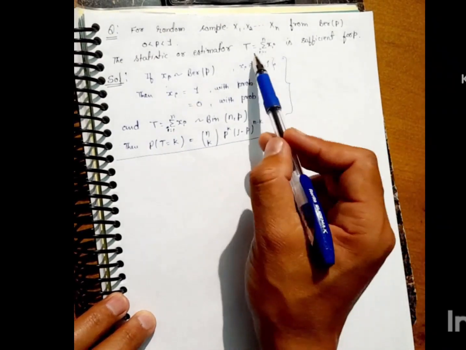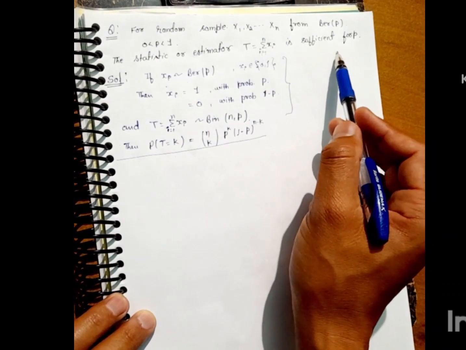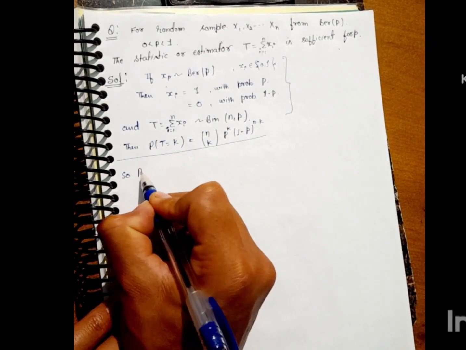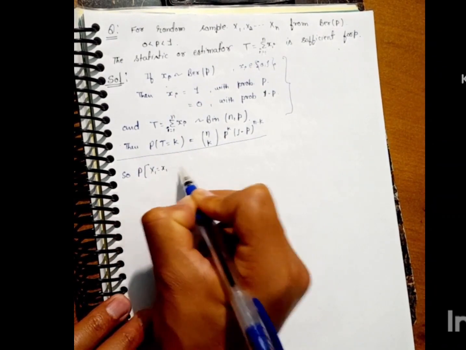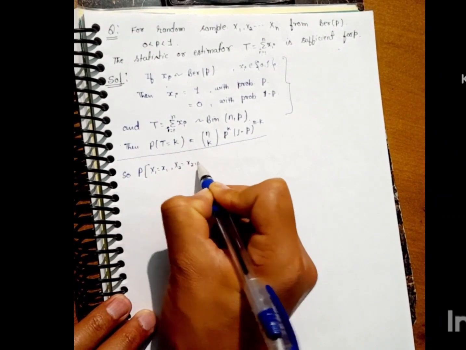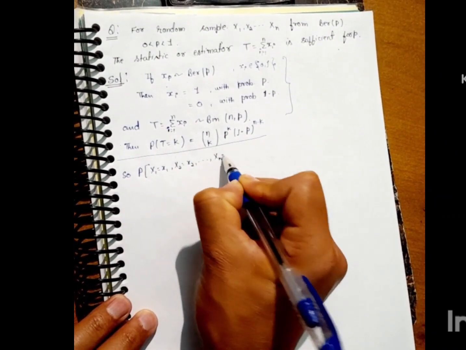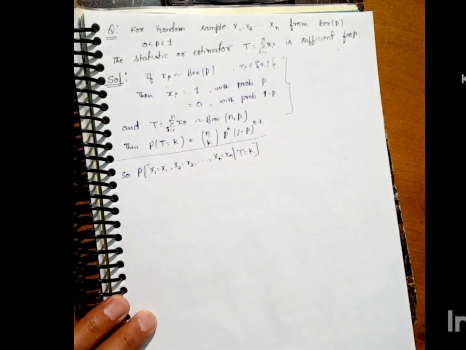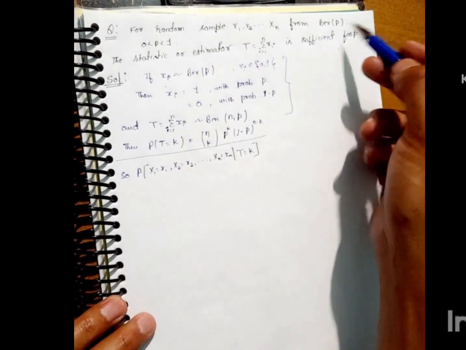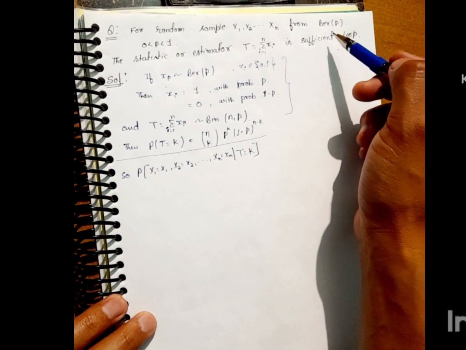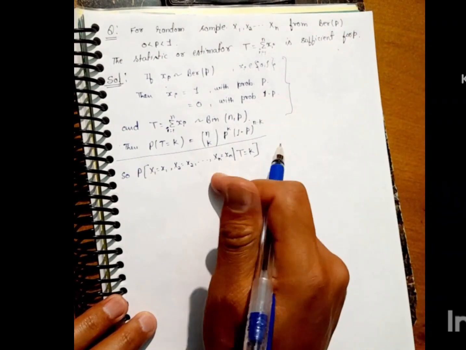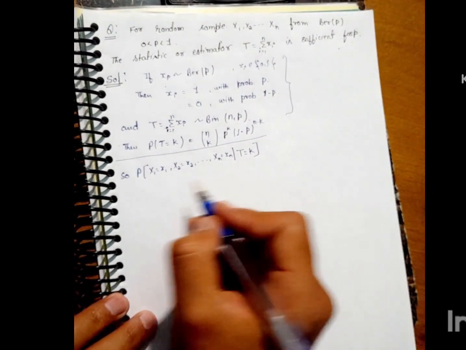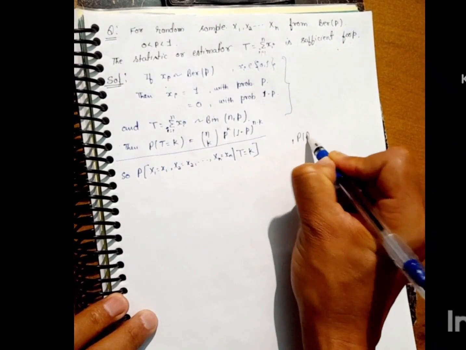Now we have to show that this estimator is a sufficient estimator for parameter p. So we find the conditional distribution of X1, X2, up to Xn taking values small x1 up to small xn, given that T takes value k. If this value depends on p, then T cannot be sufficient for p. If it is free from the parameter p, then T is called a sufficient estimator. So the formula for the conditional probability is